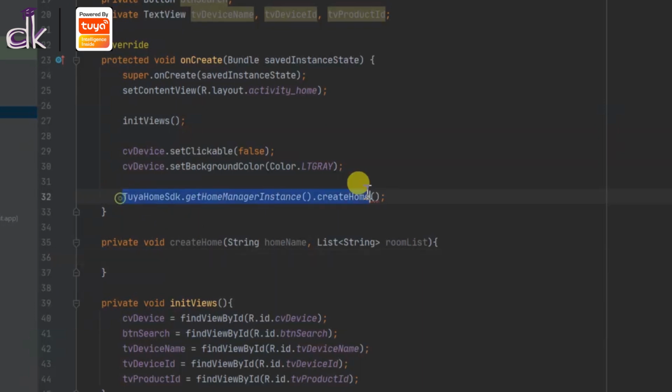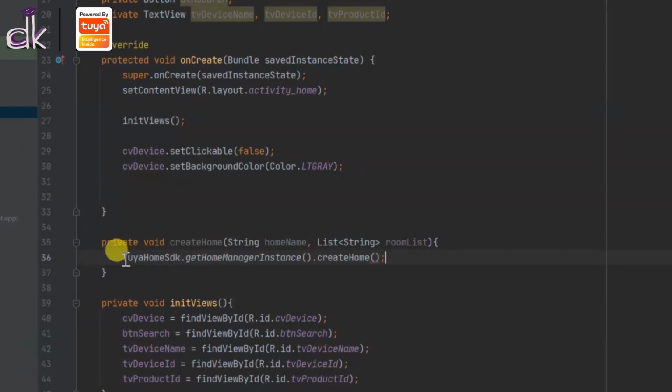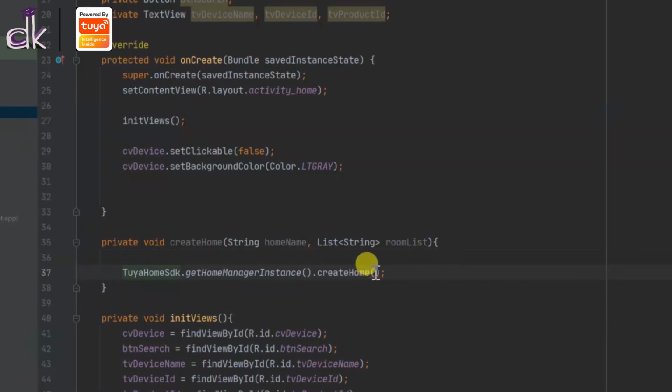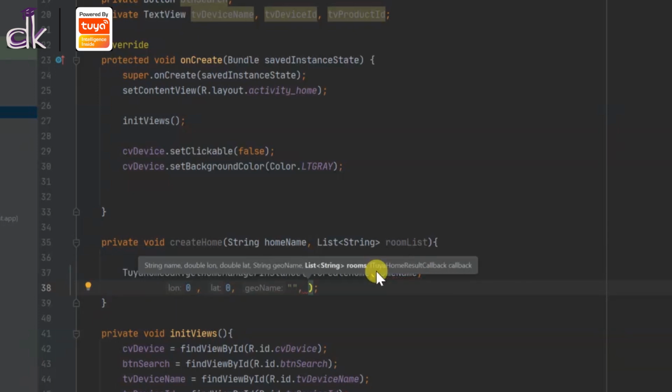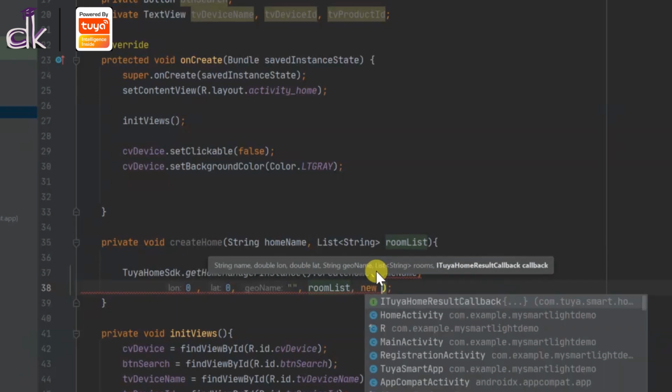Okay, so for that, all right, and inside this we'll call this function. Okay, so a home SDK, and then we'll pass in the home name, comma the lat long. I'll just give it as 0, comma 0, the latitude and the longitude, and then you can set the geo name as a null or an empty string, and then we'll pass the room list, and we also need a callback function, right?